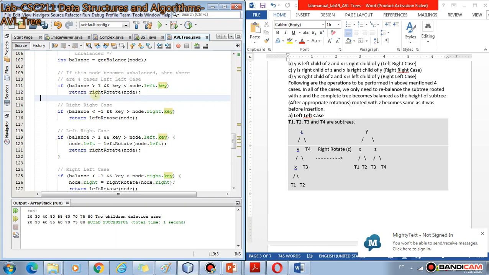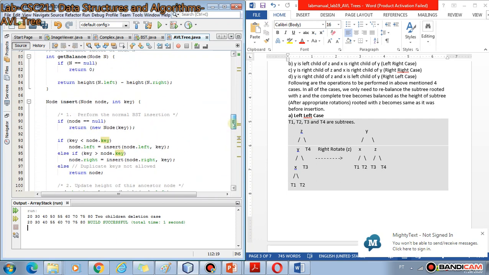This is basically the key to understand here: the right rotate method will perform the right rotation as we discussed earlier, and then this return will make this method return to the recursive call of insert above, which would be the parent of this node now.